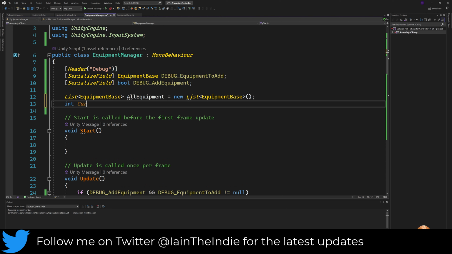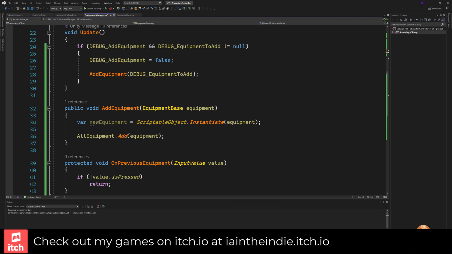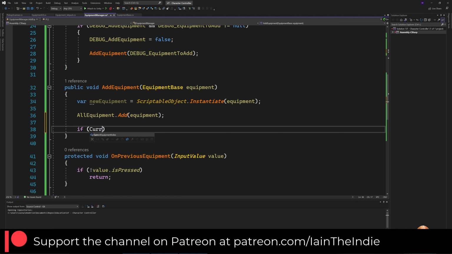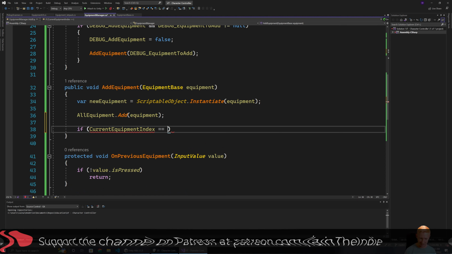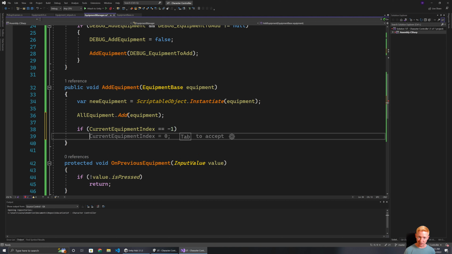But we will have current equipment index is -1. Because what we want to do is when we go and add something in, well, if current equipment index is equal to -1, then I want to actually change. So I want to be able to do somewhere I've got select equipment